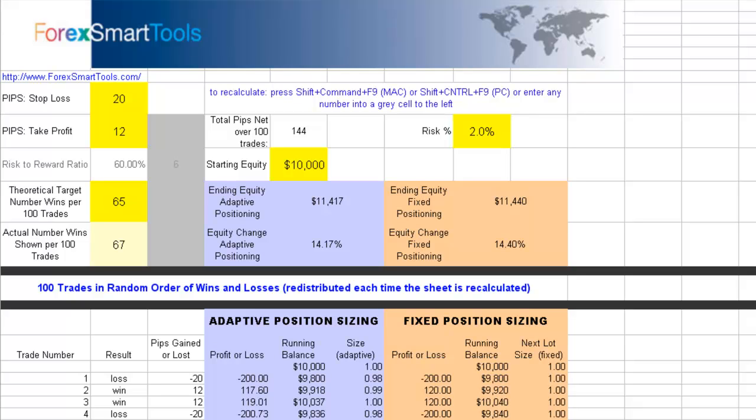Even though we have not made even a one-to-one, we're less than one-to-one risk to reward. But so what? We're winning 67% of the time, and we're seeing with our own eyes that we are able to make money with this. A lot of traders can actually achieve more like a 70 to 75, even 80% win ratio. At 68%, our win turns out to be 17, 18%. At 75, 77% win ratio,